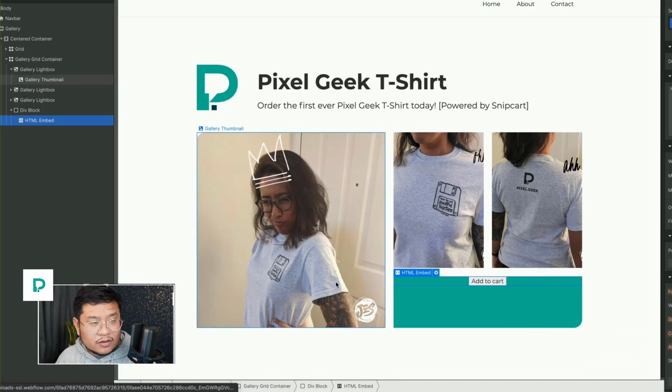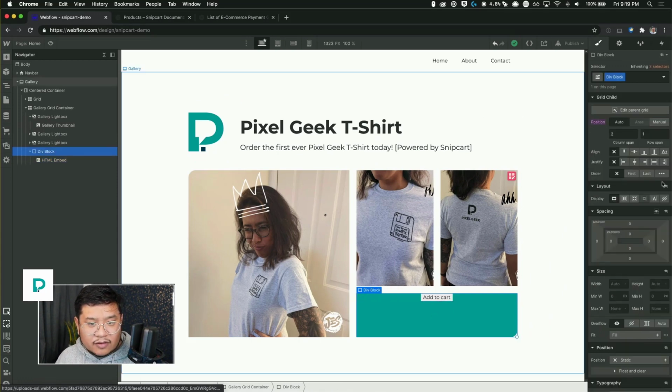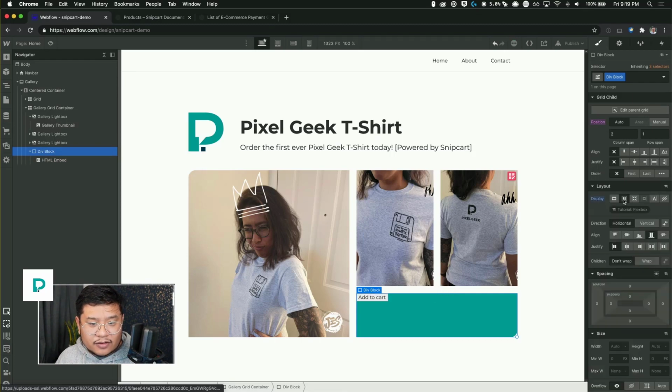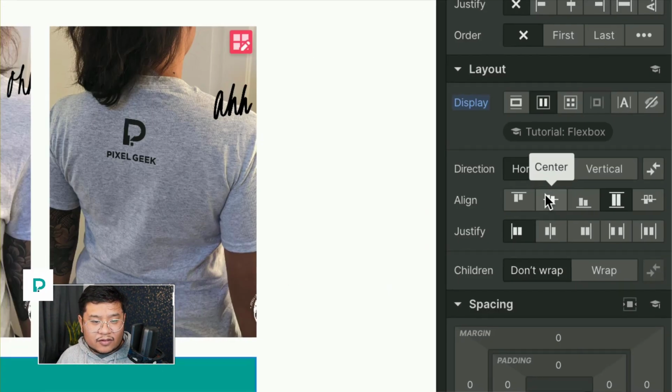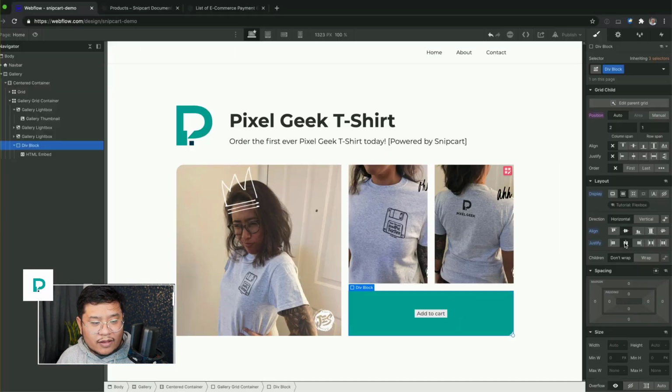Save and close. Cool. And let's style this a bit. Okay. Let's go ahead and make this div block flex so that I can center, and there we go. So we have add to cart.